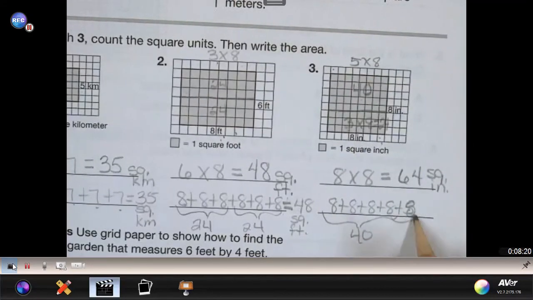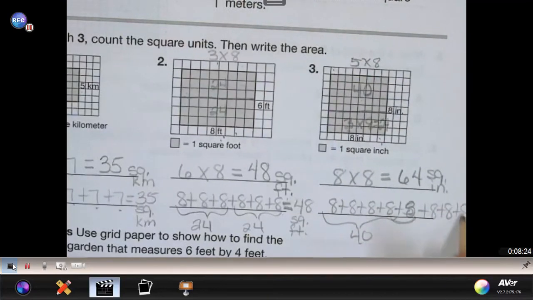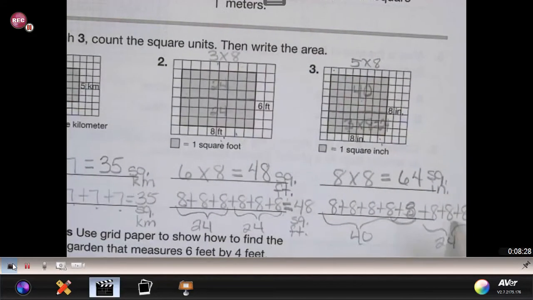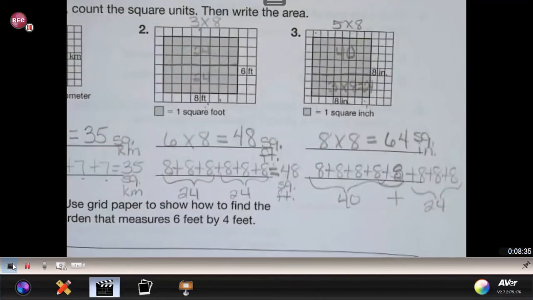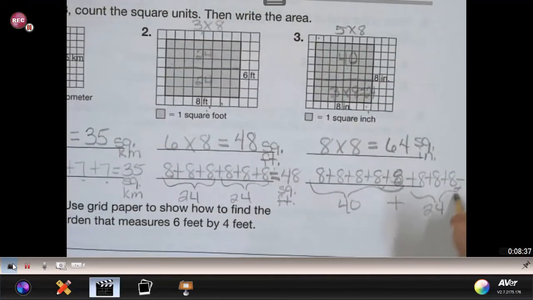And then if I do 8 plus 8 plus 8, there's my 3 groups of 8. Together they make 24 and 40, which is 64. 64 square